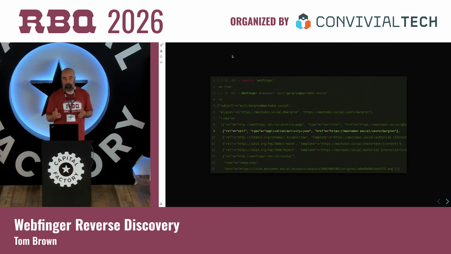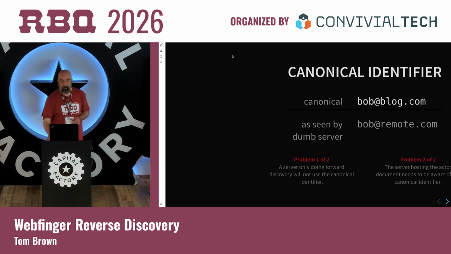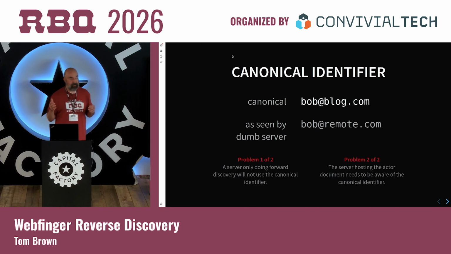And so that's how we make that translation from the Webfinger identifier to the actor URI, where we can query for the user's information. So that's a simple case, and in my experience, 99.9% of the time, all that's needed is forward discovery, and